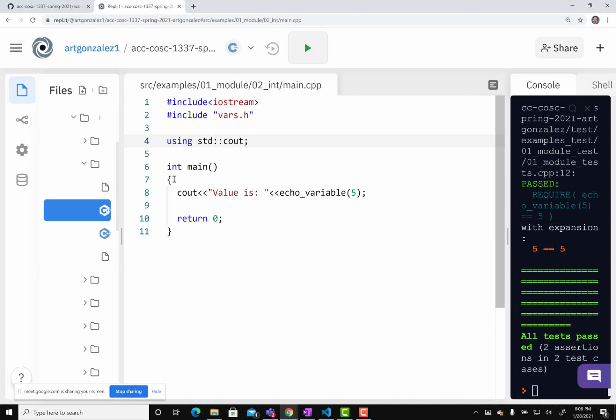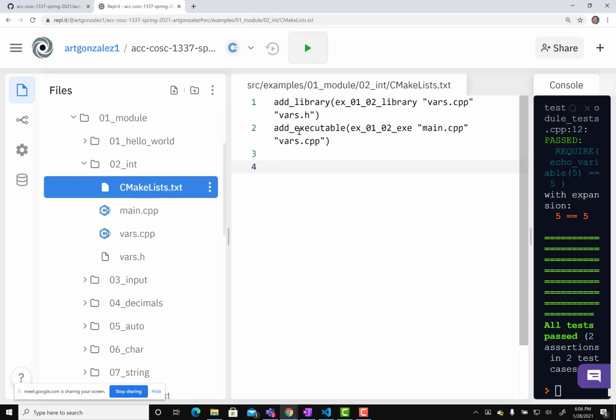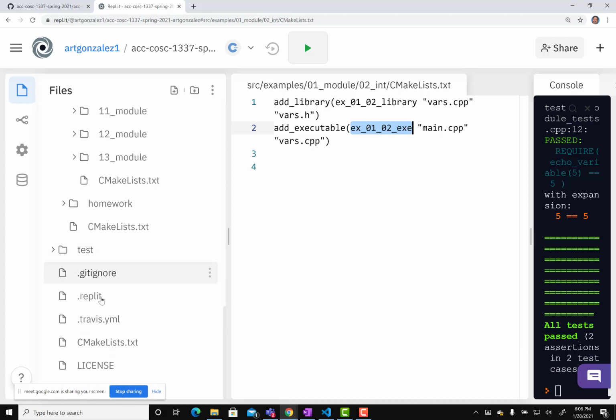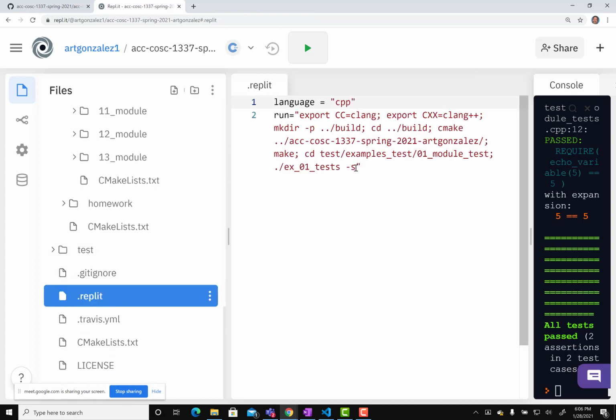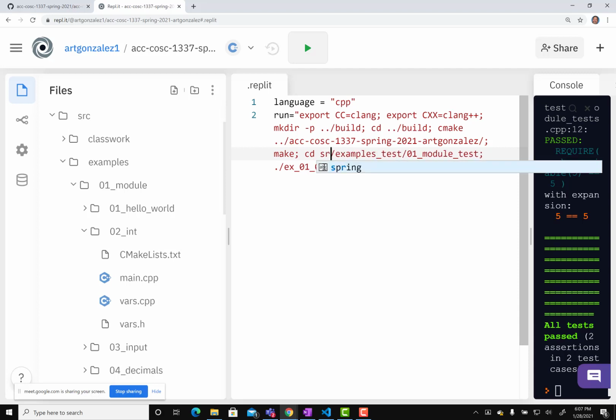Okay, so we should be able to run this, but we have to change the Replit file, right? So we have to come in here, CMake list, to get the executable name. It's always under the add_executable function. So it's this guy right here, Control C. And then I can come into the Replit file, and then I can remove the space -s and this file name, everything except the ./, okay? And now I also have to change directory into the correct folder. So I come here, src,